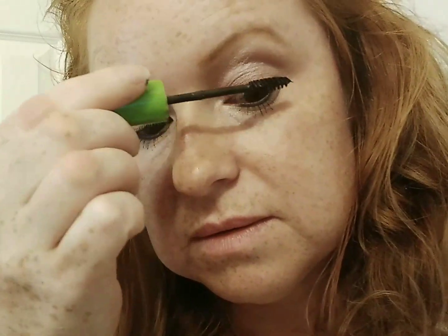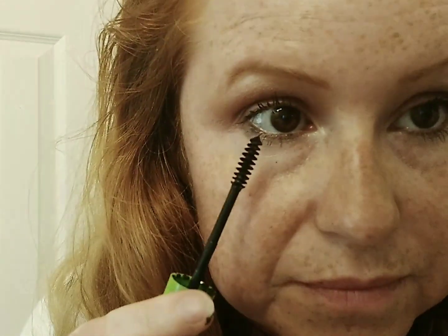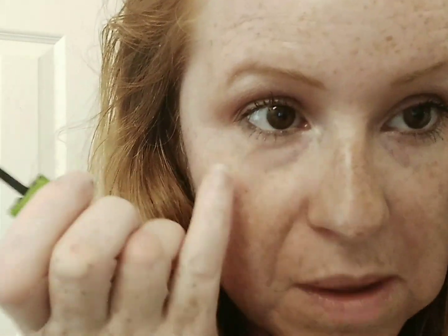I do kind of have to brush them as I go. I tend to forget that it does clump a tiny bit, but not really. There you go. I'll get a little bit of a mistake anyway, but definitely not as much of a mistake as I would using another technique or a larger brush. And I just realized, and now I have it everywhere, but I just realized that my other